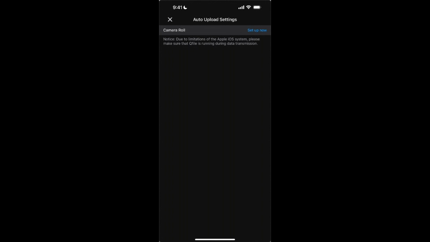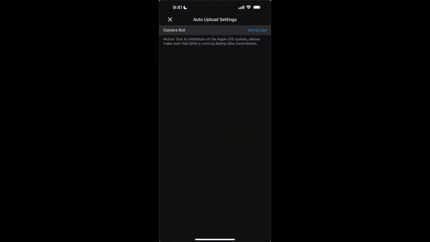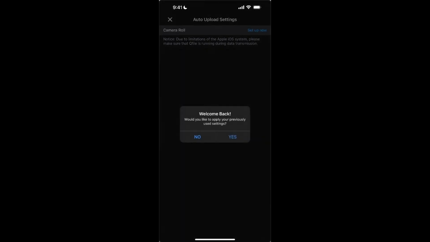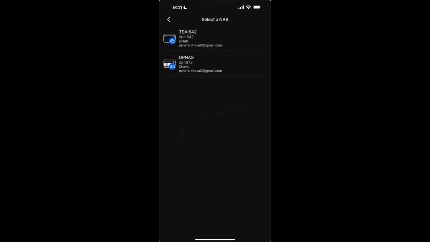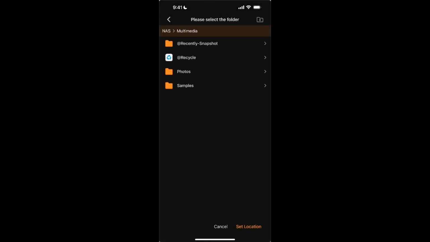So to set up auto uploads, you have to go to auto upload settings, and then you can only auto upload from your camera roll. So you can click on setup now. If you have set up that previously, you can click on yes, and it will go back to your previous settings, but I'm just going to set it up with you guys. And then you select the NAS you want to auto upload to. Once you have successfully created,